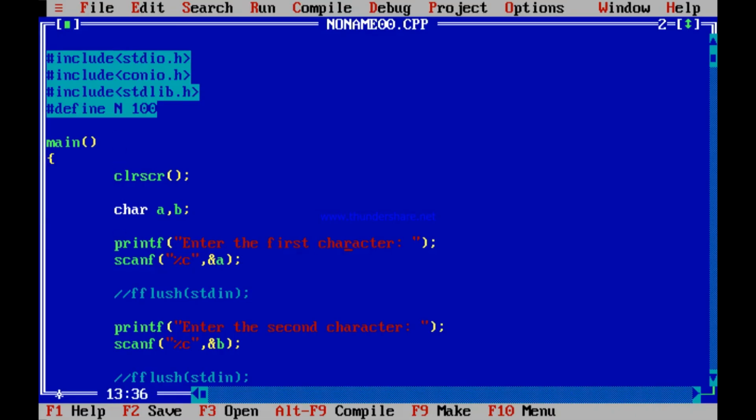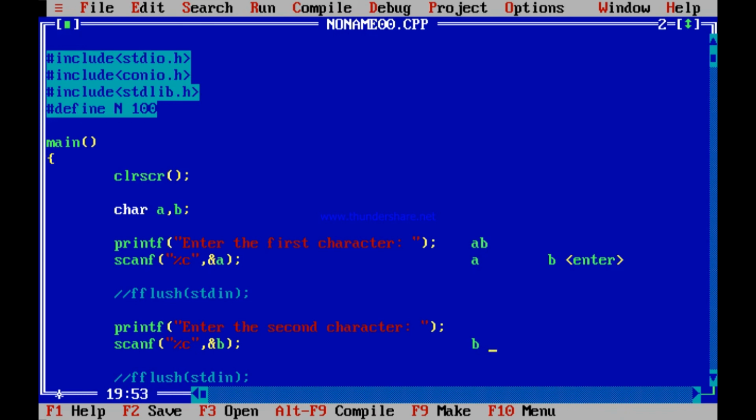In the first case, when you pressed A followed by B followed by the enter, it scanned one character, so it scanned the A. But then your B followed by your enter was there in the buffer. These two things are there in the buffer. Now it says enter the second character, so it prints that. It finds the scanf for only one character. It does not wait for you because it finds there is a B in the buffer. It immediately scans B from the buffer without waiting for you.